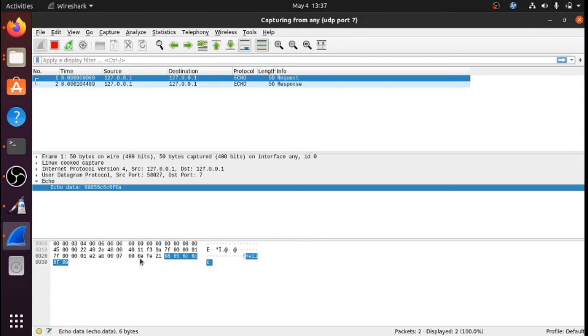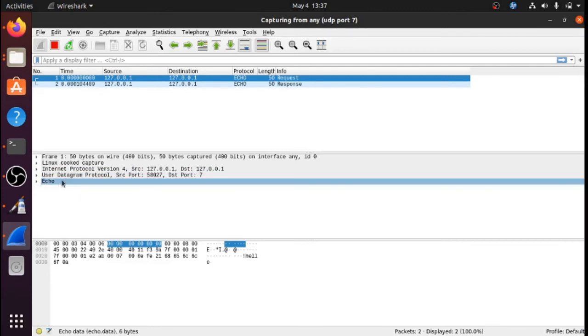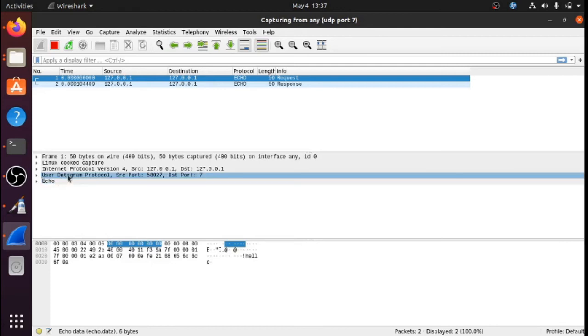So you have just seen that 6 characters had actually been transferred, and this data is there in the application layer protocol. Remember, everything that we are writing is converted to binary. You take it, put it into ASCII binary and just send the data. So this is the application layer. Let's hide this. Presentation and session is not there. Now directly go to the UDP, user datagram protocol, the transport layer protocol.